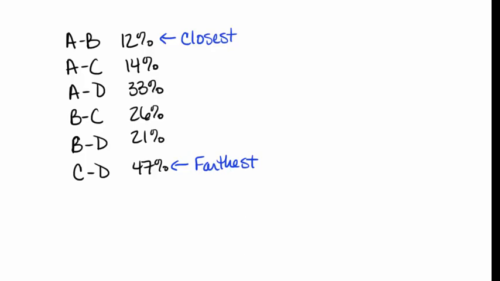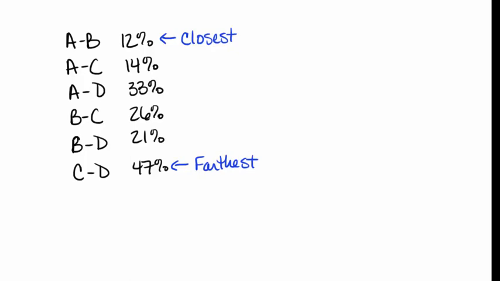And then everything else, okay, we can see that we just have a range there where, again, the lower numbers are going to be closer together and the greater numbers are going to be farthest apart. And we should never really have numbers over 50%. So if we wanted to construct these and figure out how they are actually arranged on the chromosome, there are